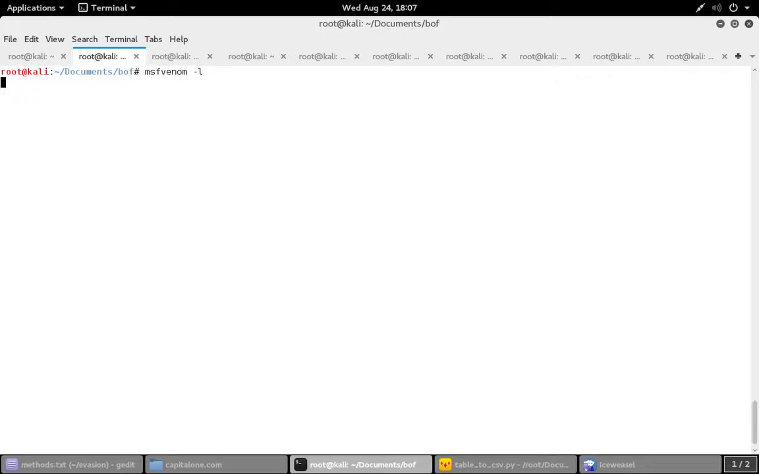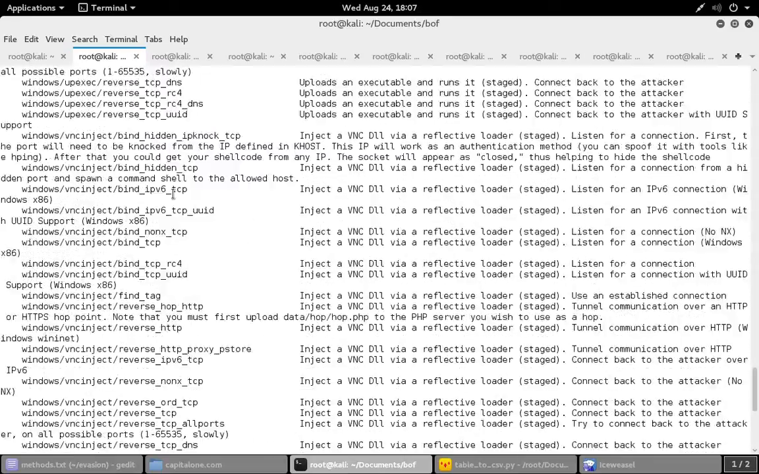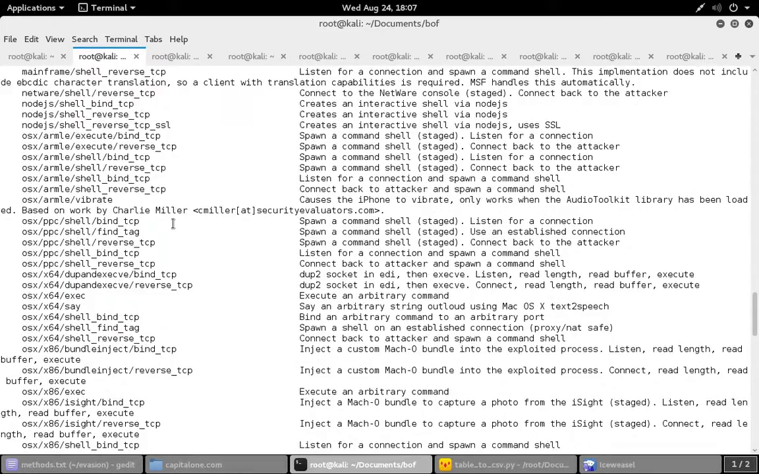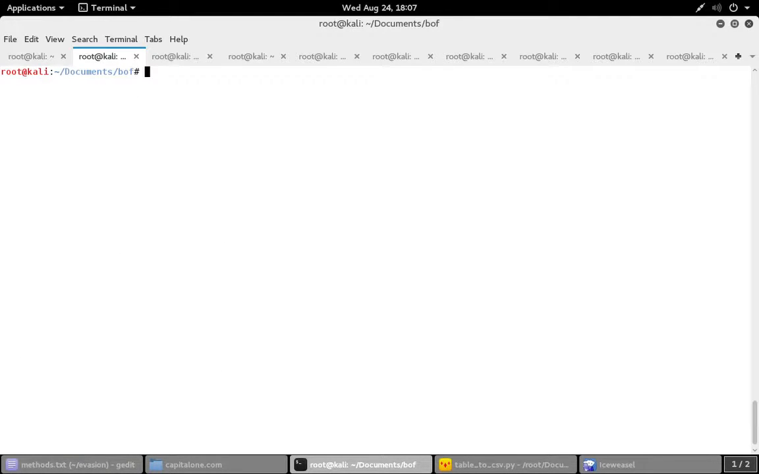msfvenom is for creating meterpreters for a target machine. Usually people try to code their own meterpreters or their own malware, but msfvenom is the easiest way to create malware. In most cases, you need a command and control center like Metasploit, and you also need a client version of that, which is created by msfvenom. msfvenom has a lot of different payloads available. As you can see, there is a huge number of payloads, and these payloads are exactly the same ones that msfconsole supports. So I would like to start with creating a simple